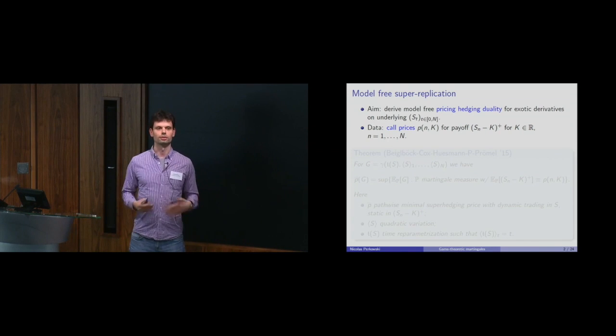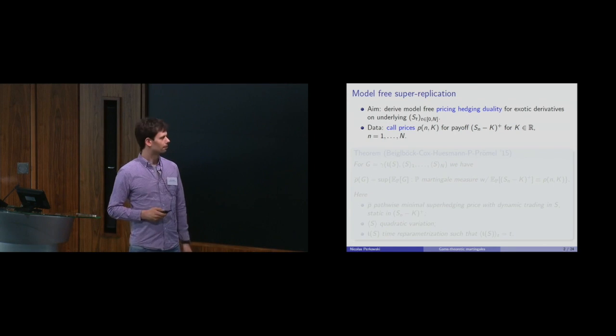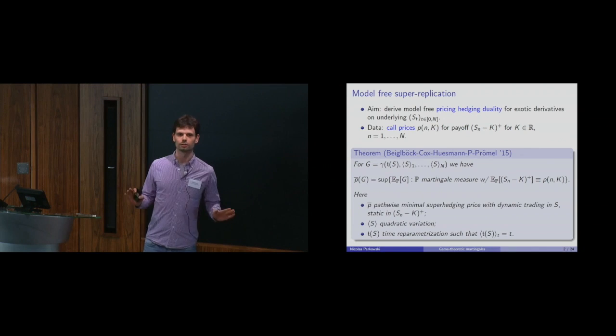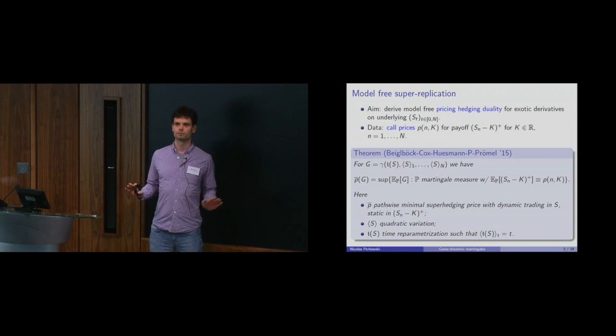And so we know them because they're liquidly traded, so we can invest into the asset or we can invest into these call options. And now with this, we can somehow try to hedge a complicated exotic derivative, and we want to hedge it in such a way that we eliminate all risk. So we want to find a pathwise hedge. So there are no models also really, no matter what happens, we want to be absolutely secured. And this will then be an absolute upper bound for the price that we could possibly put.